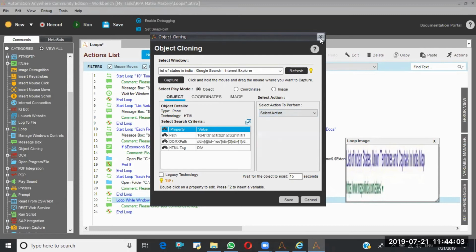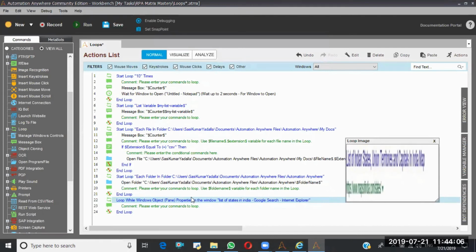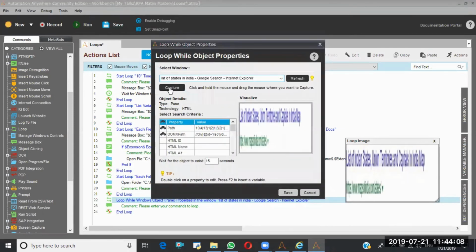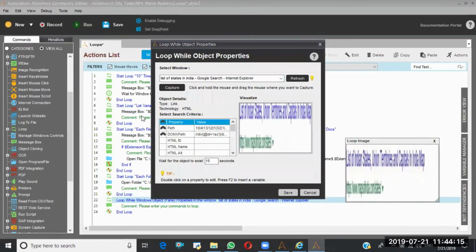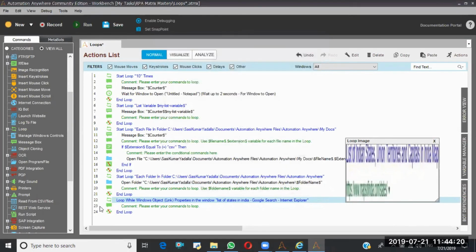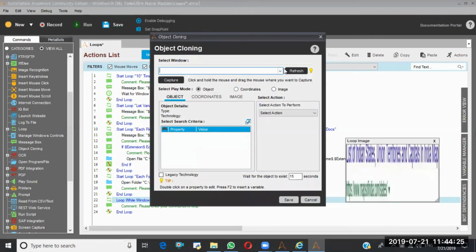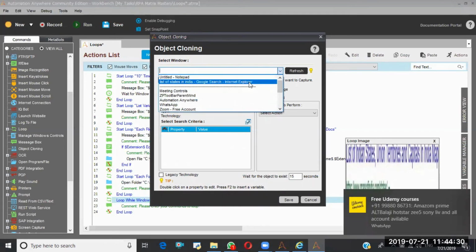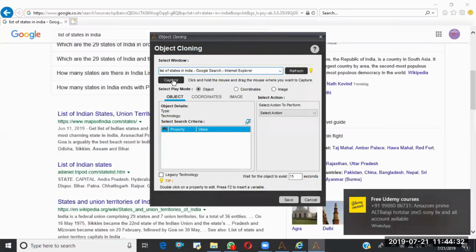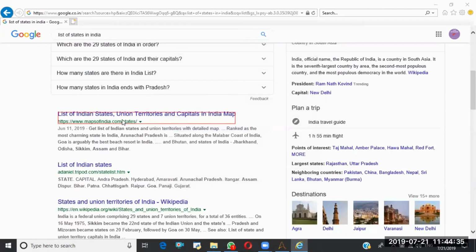Let me recapture again. Recapture this parent one as well. Again I am taking object cloning. Here again I am taking this, and again I perform the same object.